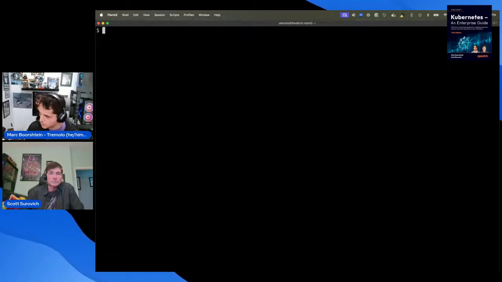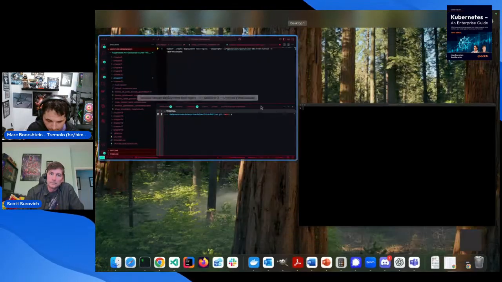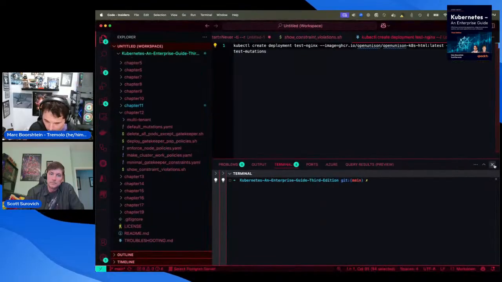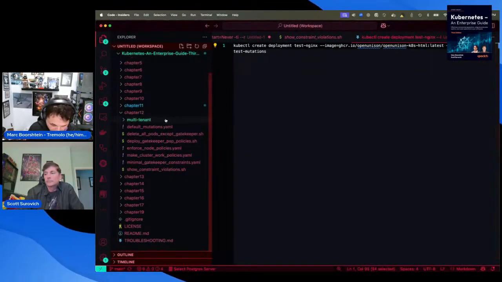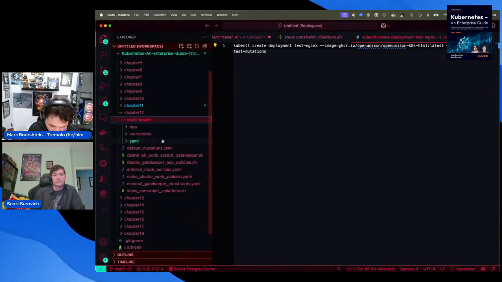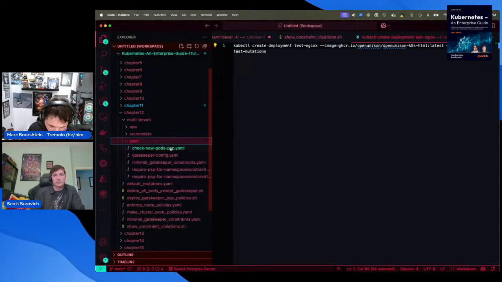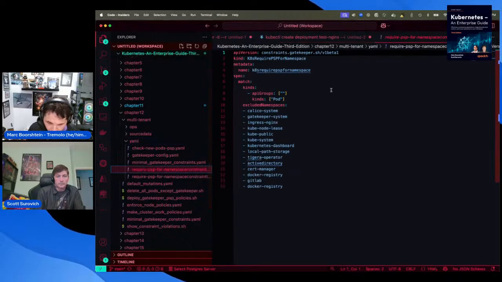The part that did change is, well, let me see here, might be easier to do in here. In chapter 12, multi-tenant. Here we go, require PSP for namespace.